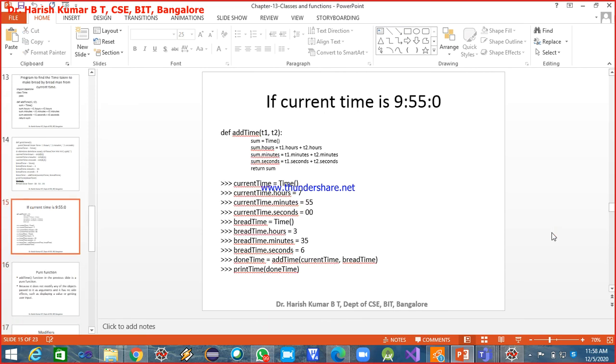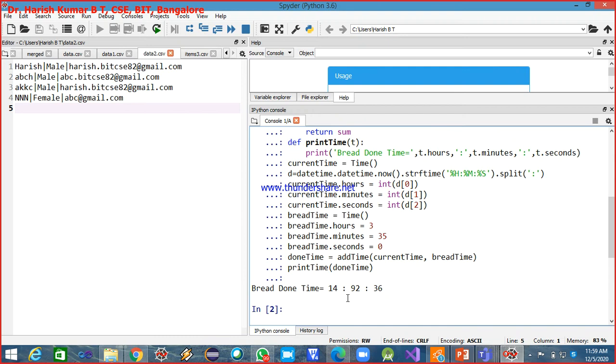Now the same issue we encountered in the execution, I'm trying to explain. See, 92 minutes. It is not possible. When it exceeds 60, this 14 should be incremented by 1, and this is 92 minus 60, which is 32. So it should be 15 hours 32 minutes, but what we are getting now is wrong.